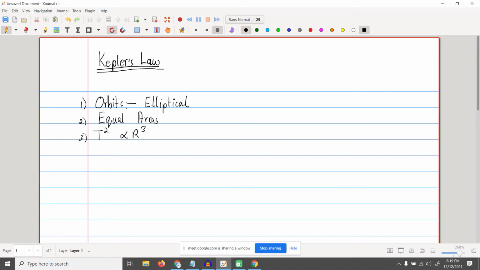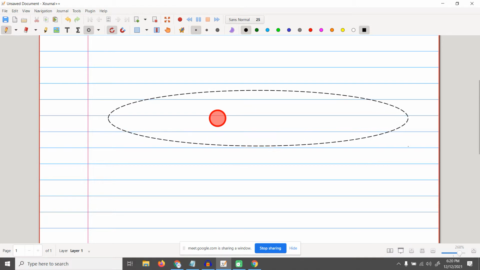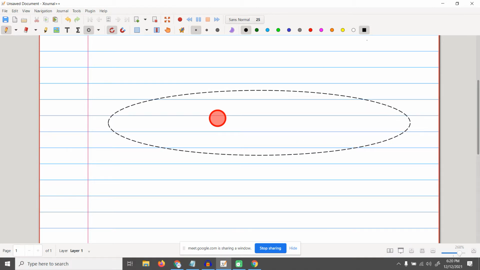Yeah. Now I want you all to forget the laws for now and think about how Kepler might have come across these laws in the first place. So let's start by making a sun over here. We will have an ellipse. This will represent our sun. This will represent the orbit, let's say, of any planet. And this will represent the Earth.